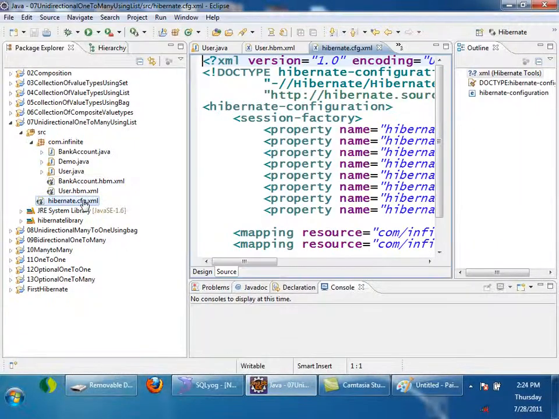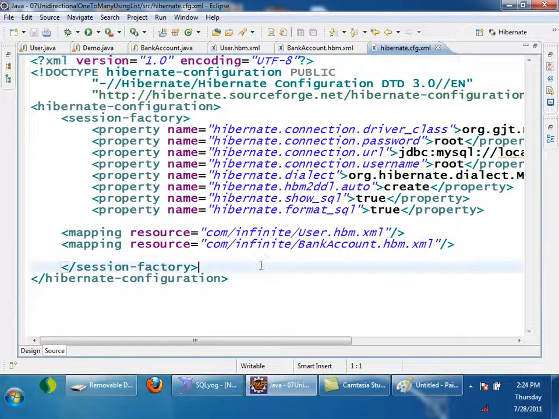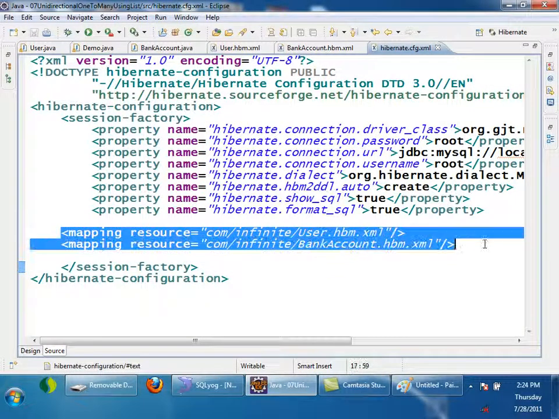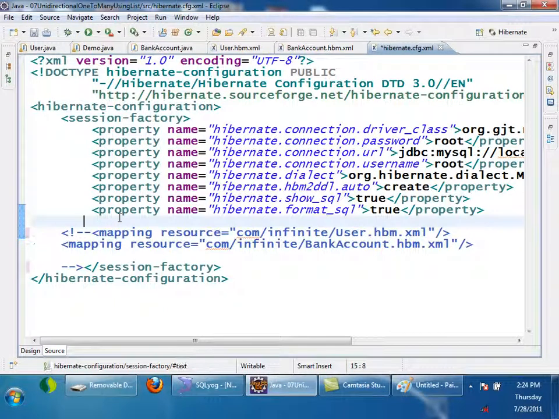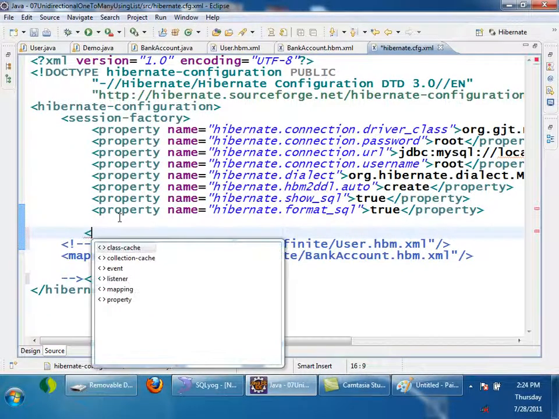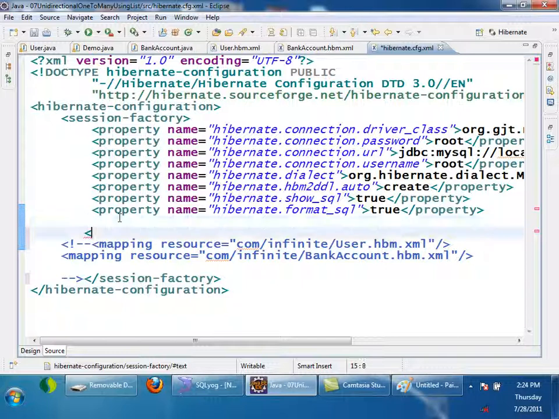If I want to use annotations, I have to remove these mapping tags and use mapping class equal to com.infinite.User, and also another class, BankAccount.